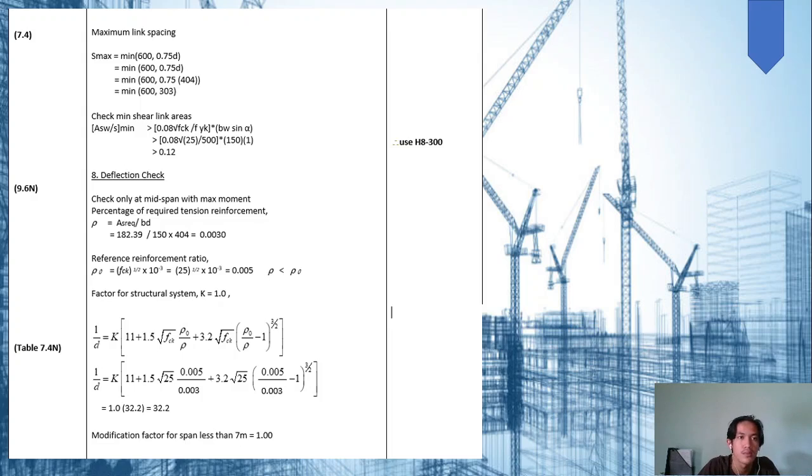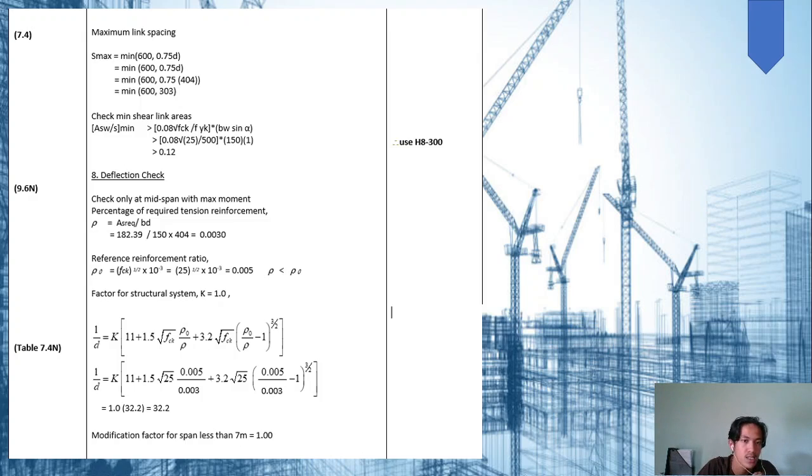So for maximum link spacing, we calculate S max, and also then we will calculate the shear link areas, and then we got to use H8 300. Then for deflection check, we check only at midspan with max moment, and then we will use the